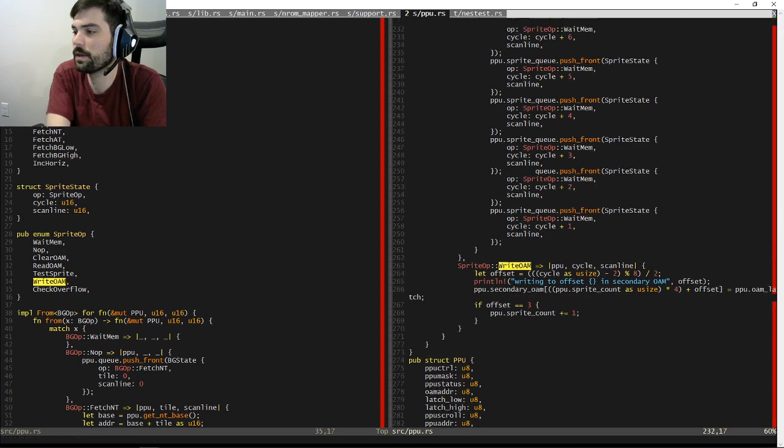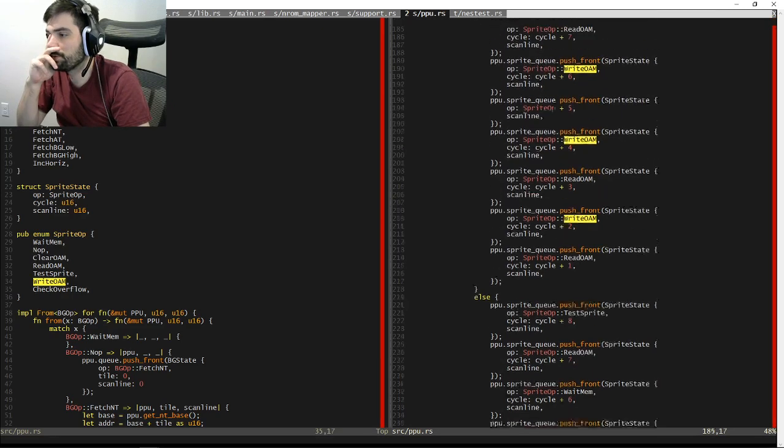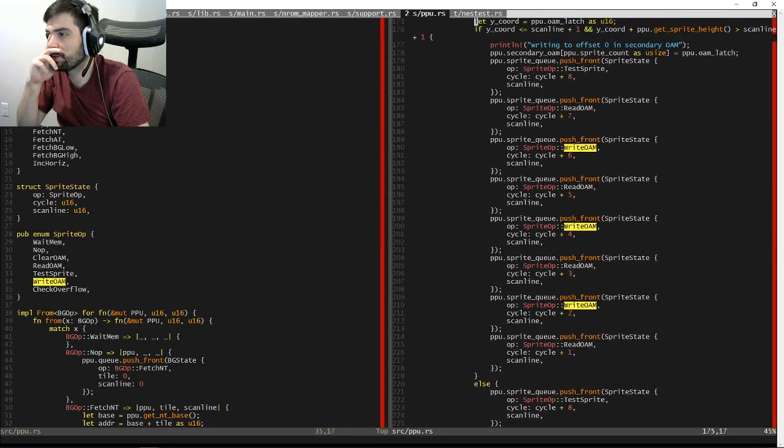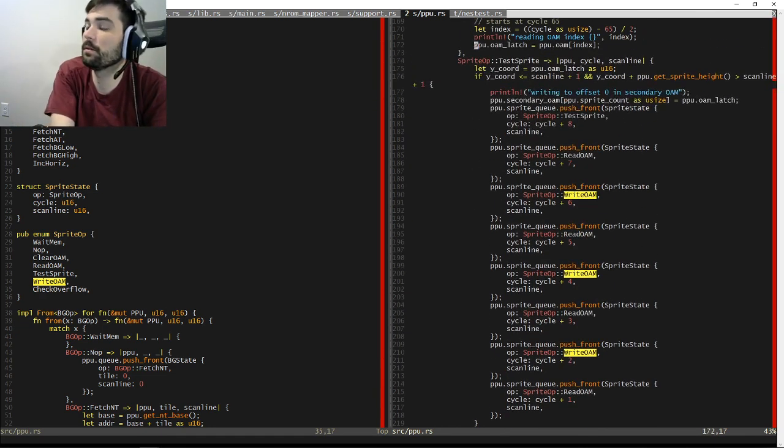So what would normally happen, where do I push that next test sprite? I push it either here or here. And so what we want to do,